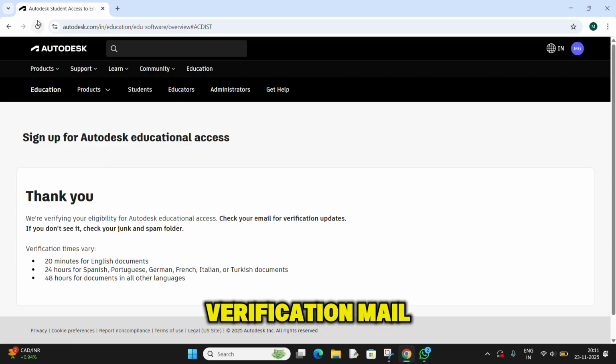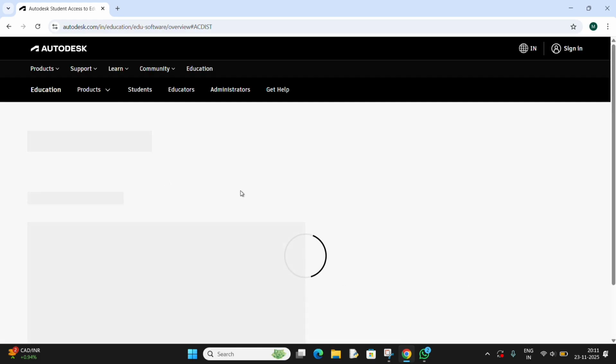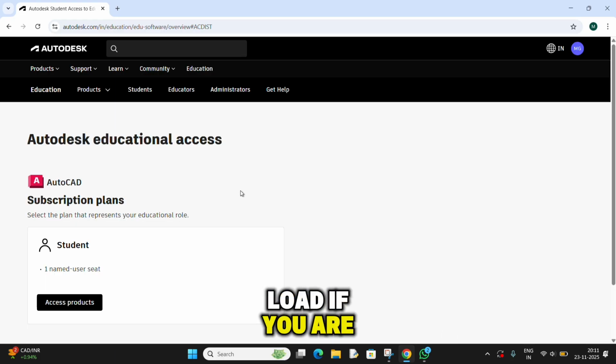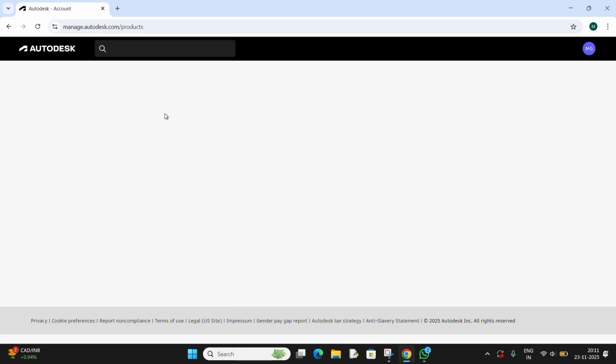You will receive a verification mail if you are eligible. Now go to the products page. The page will automatically load if you are verified. And click on Access Products. On another page,